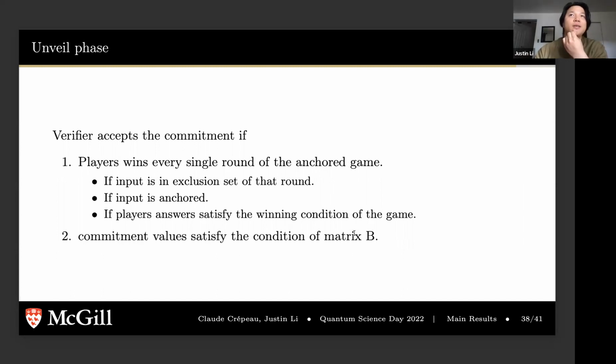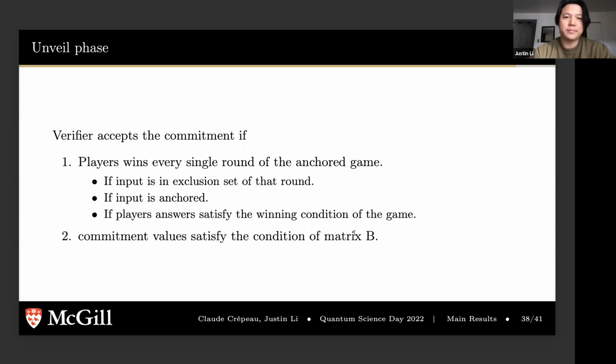Yeah, we don't consider an outside player in this commitment protocol here. It's only the players involved and the verifier, basically the players against the verifier and the verifier against the players. Each wants to find out what the other wants to achieve at the end. The verifier wants to find out what they want to commit, and the players want to basically trick the verifier into thinking that they're committing something, but then they unveil something else.